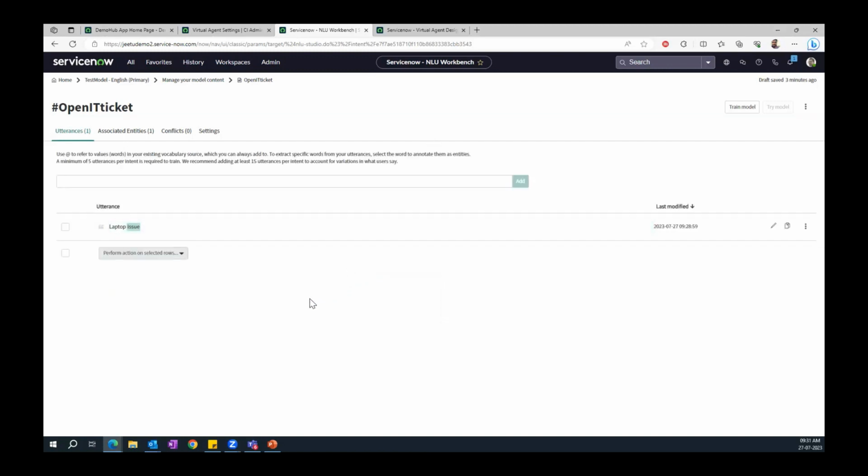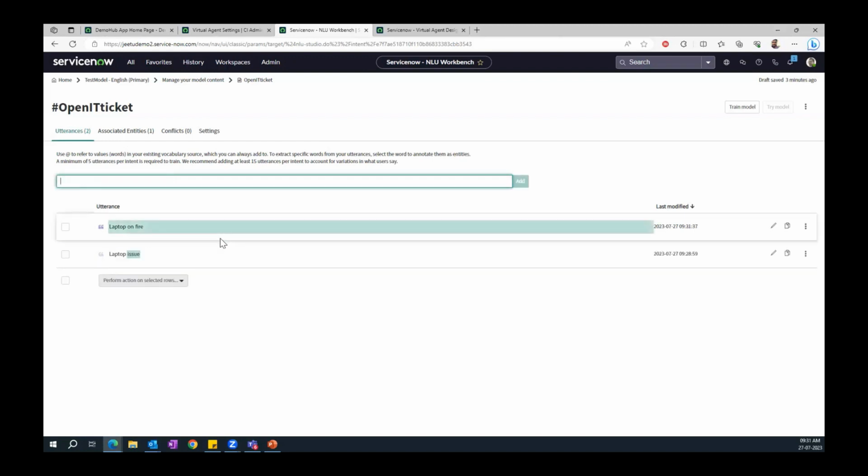So we can skip asking the question, hey, what is the urgency of this particular issue? The system will detect if there is an issue keyword mention, and assign a high priority. Or another example may be laptop on fire. If someone's laptop is on fire, then it doesn't make sense to ask what the urgency is. Of course, it's a high urgency.